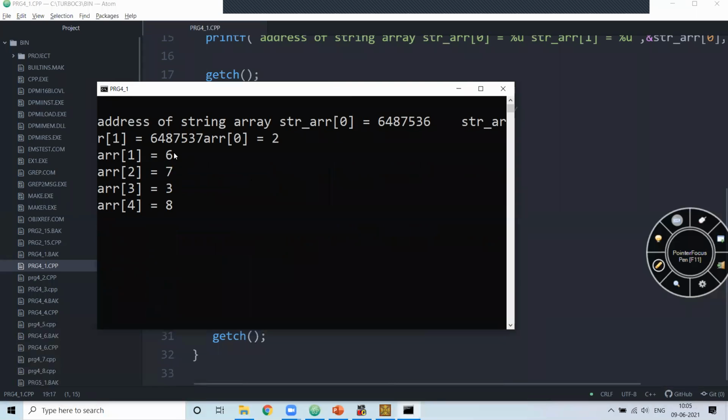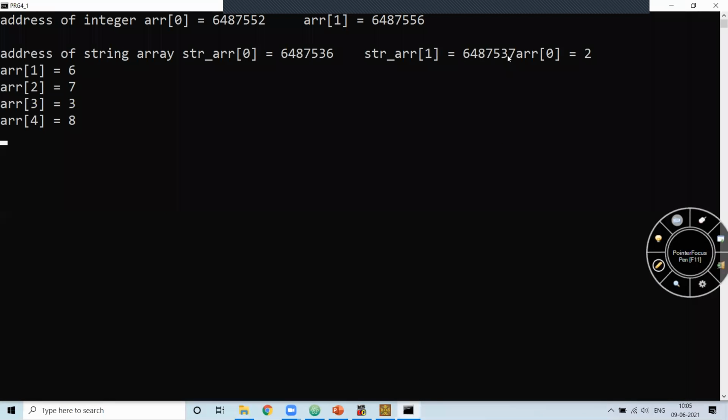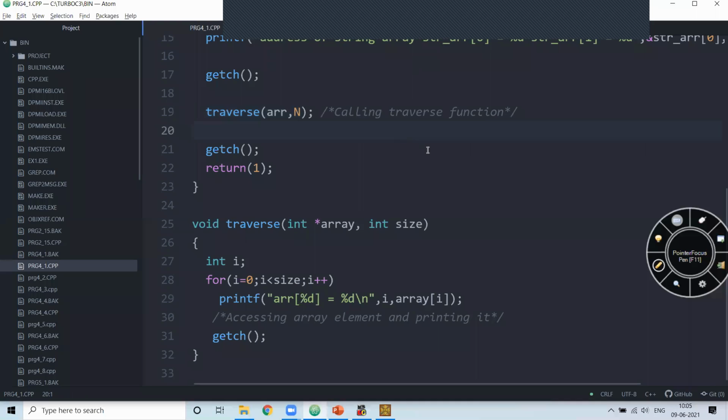Then here you can see it is printing ARR of 0 as 2, the next element as 6, 7, 3 and 8. So this is how you traverse through the array.